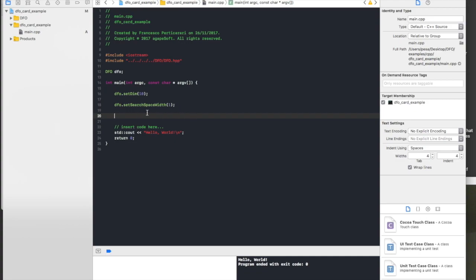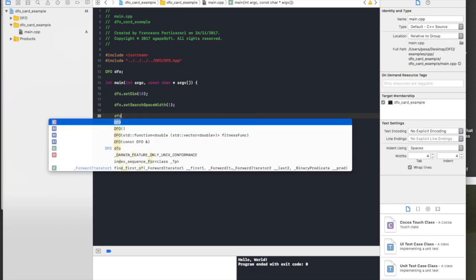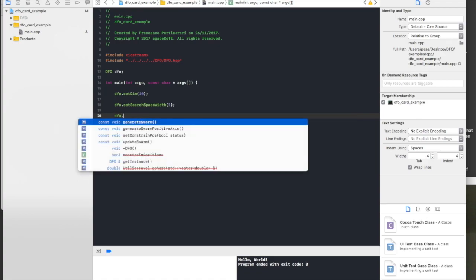So I want to initialize them with a number that can be from 0 to 1. By doing this, you specify that the initialization of each fly, when I create them, can go from 0 to 1. Okay. Now, when I run the program the first time, now dfo dot,